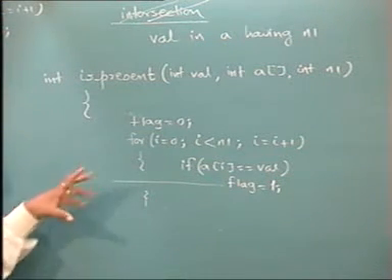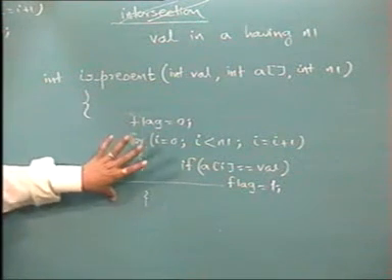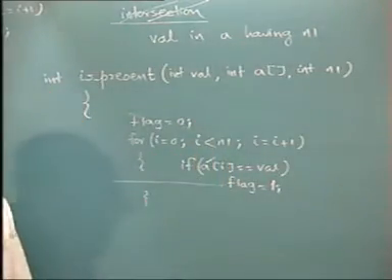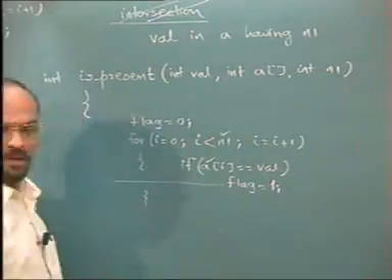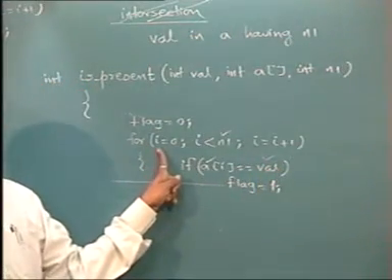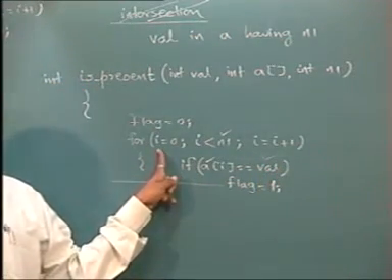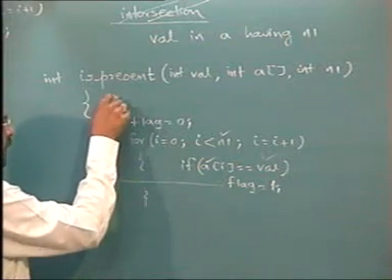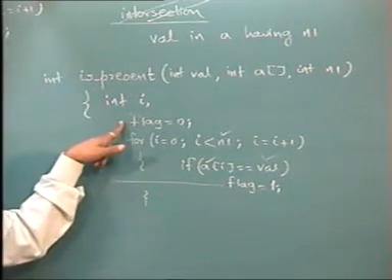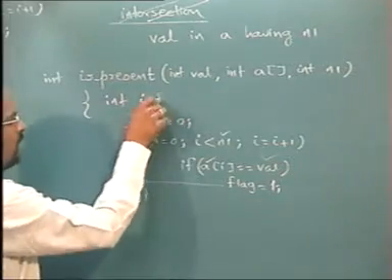Got it? Am I changing the code? No. A I already have. आपने दिया है. N1 you have given me. Val you have given me. What about I? You haven't given me. I will be using position. So in this function I will declare I. And even flag you are not giving me. I will have to declare flag also.